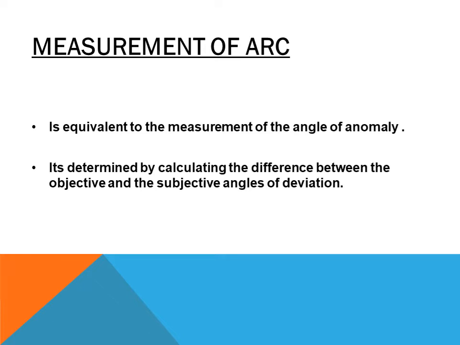Okay, but in case of anomalous retinal correspondence, these two values will be different. We know that the objective angle of deviation is evaluated directly by the practitioner without depending on the patient's feedback, and the subjective angle of deviation is where we are more focusing on the patient's feedback, and based on that we are measuring the angle of deviation. So in case of ARC, these two values are different. As a result, we can say that ARC is present, but in normal retinal correspondence, these two values are the same. The objective angle of deviation is equal to the subjective angle of deviation.